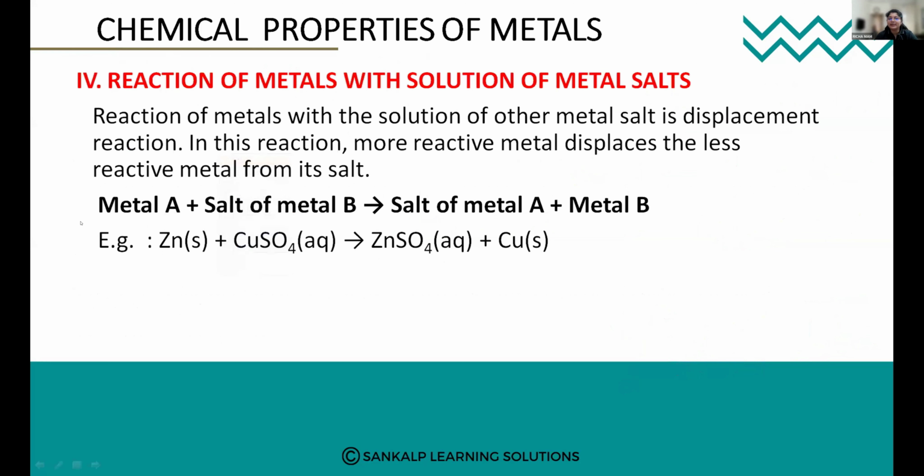Next is reaction of metals with solution of metal salts. So what is happening here? There is a displacement reaction. Now let us see what will happen in a displacement reaction. Already we have seen in the chemical reactions and equations chapter the types of reaction: combination reaction, decomposition reaction, displacement reaction, and double displacement reaction. Remember, recall. So in that, what we have discussed about the displacement reaction, the more reactive metal